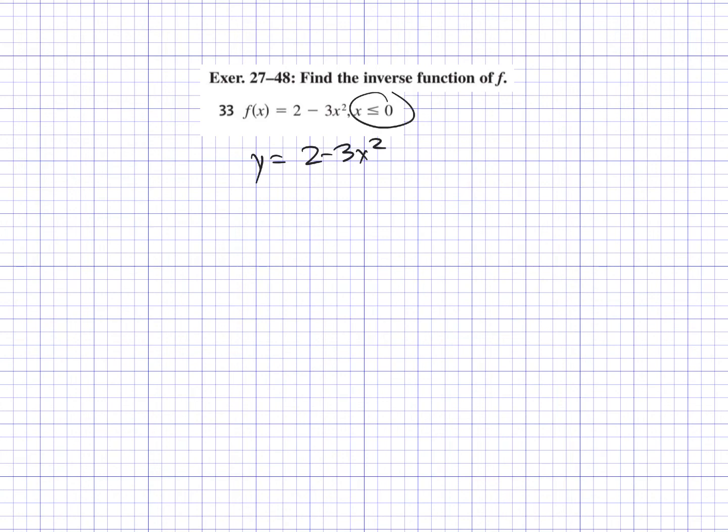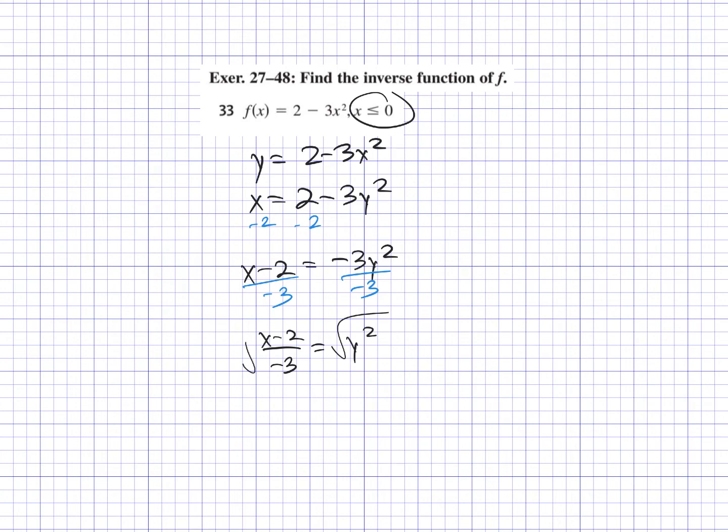We're going to focus on that just to make sure we understand something. All right, so switch x and y and solve for y. Don't forget the negative. So now we're going to divide by -3. And it's x minus 2 over -3 equals y squared. And we're going to take the square root of both sides. And so that is the square root of x minus 2 over -3